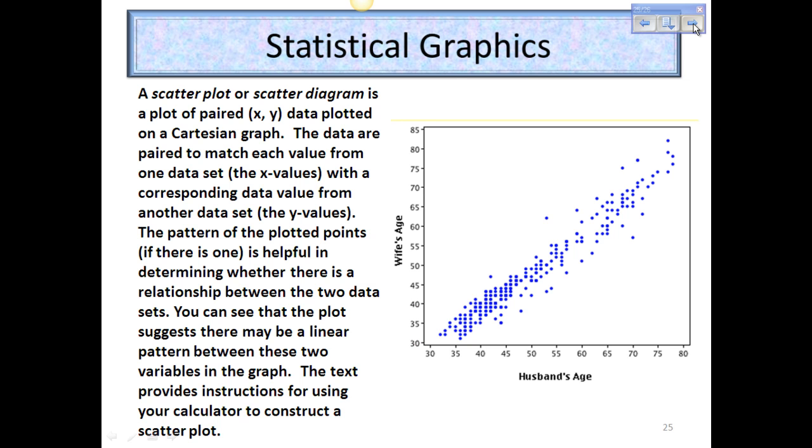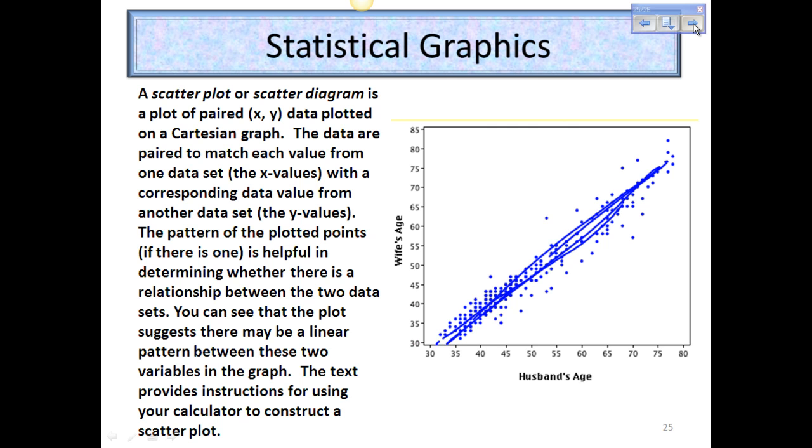The text provides instructions for using your calculator to construct a scatter plot. It's just like doing the histogram for the most part, except you'll need to pick a different picture when you go to your stat plot. The data on our graph is wife's age on our vertical axis and husband's age on our horizontal axis. And since everything is grouped in the center and increasing, we can see that there is a linear relationship between